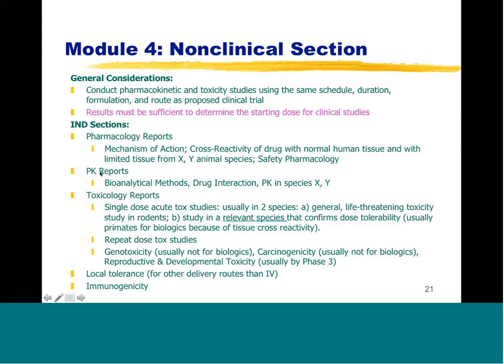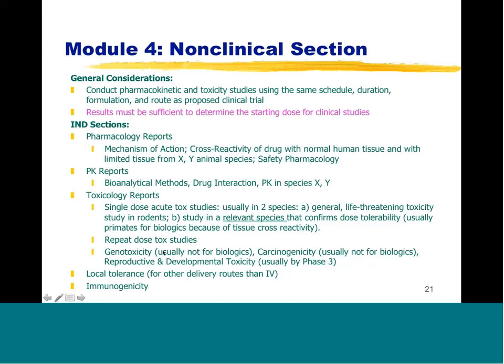Bioanalytical, I mentioned to you, you have to have PK, pharmacokinetic assays. You have to have actually assays around immunogenicity for biologics. You always have to have an immunogenicity assay. And you're doing those studies also in animals. You're showing the PK in animals. You're showing if there's drug interaction, if you're putting three different things in the animal. And you're, again, justifying the species. And in fact, you do multiple species, and then you do species scaling, right? So there are different scaling models to go between a mouse, a rat, and maybe monkey and human. You can predict this could be the PK, this could be the exposure level,